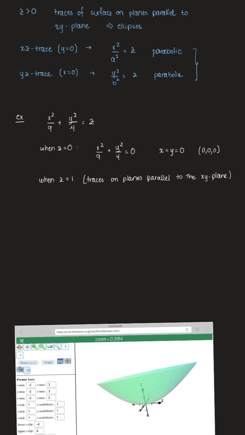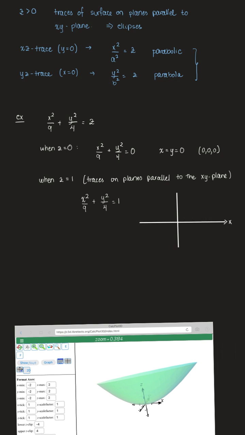So when z is 1, we have that x squared over 9 plus y squared over 4 equals 1. This is an ellipse in standard form. So if we just take a quick look at a graph of this ellipse,